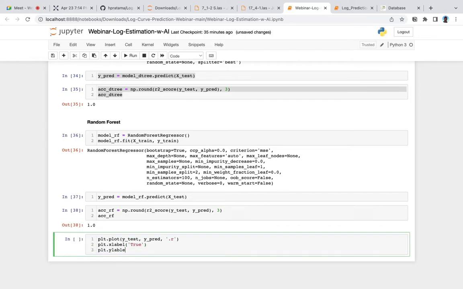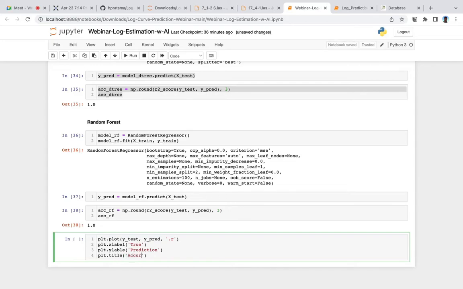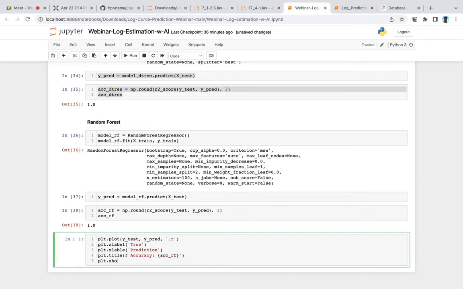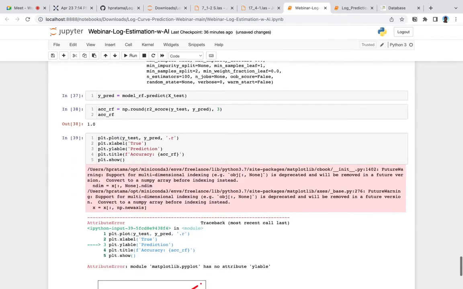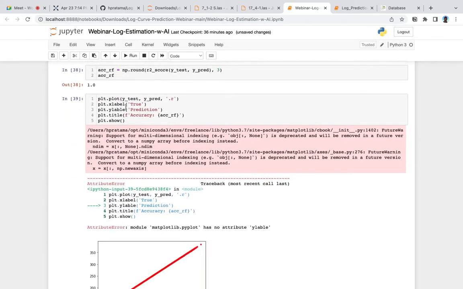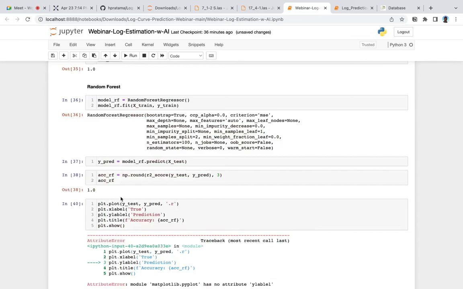The Y label is prediction, and the title is the score. Then show.